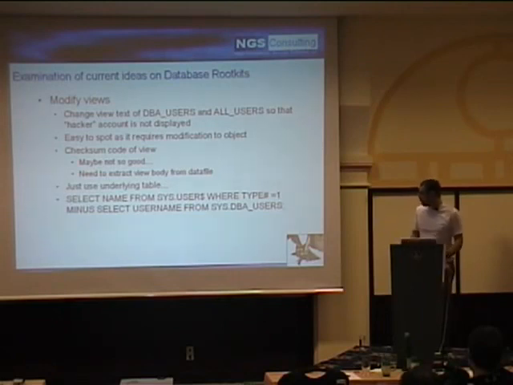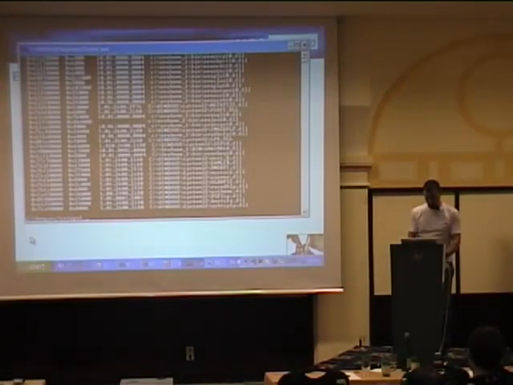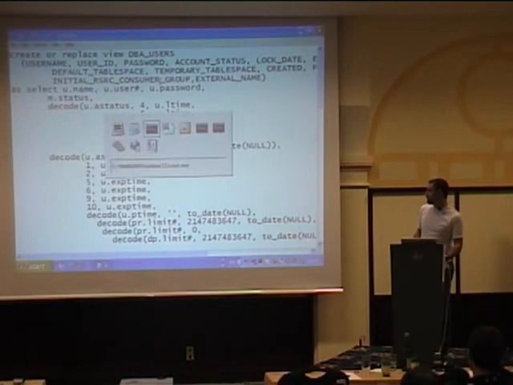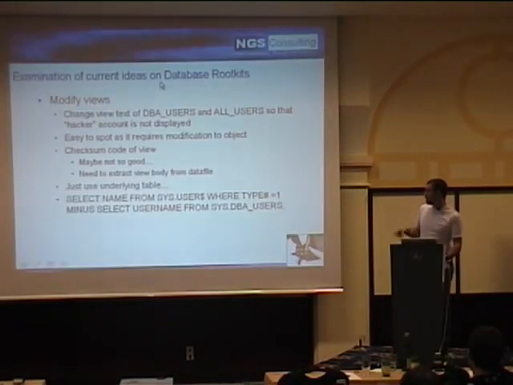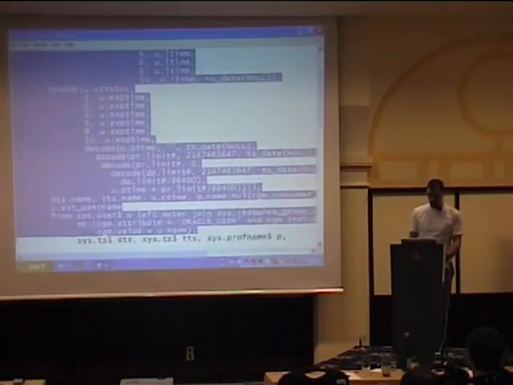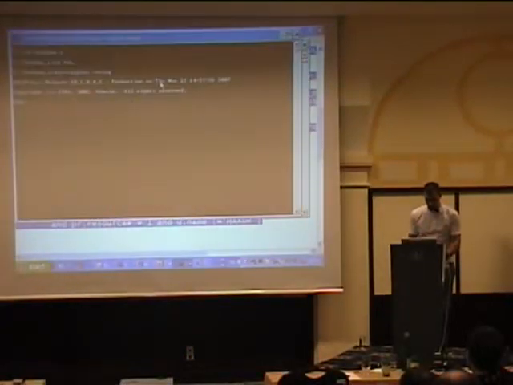Now, a very nice, simple way of checking whether someone's actually manipulated the DBA_USERS view, for example, is using the minus operator. So I'm just going to change the view for a second here, so that an account called Hacksaw is not shown. If we see there in the bottom right-hand corner, essentially we're modifying the view so that if the user Hacksaw is there, don't show it. So if I actually go ahead and create that user first,